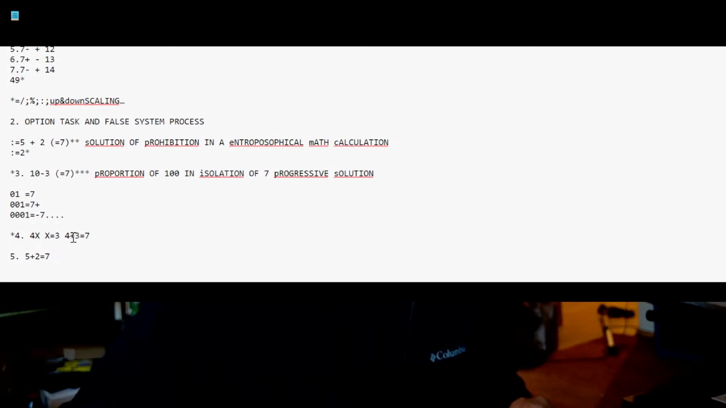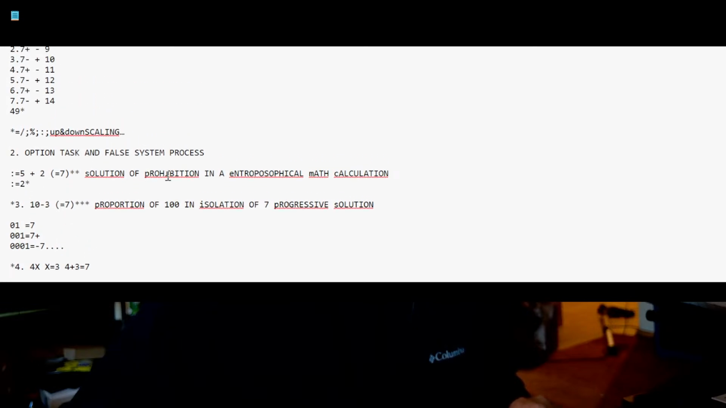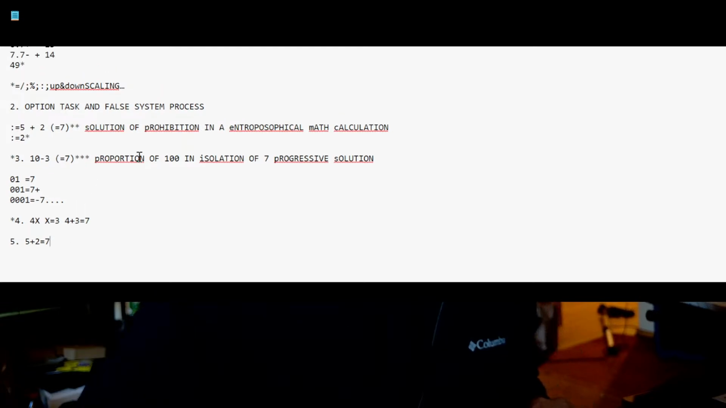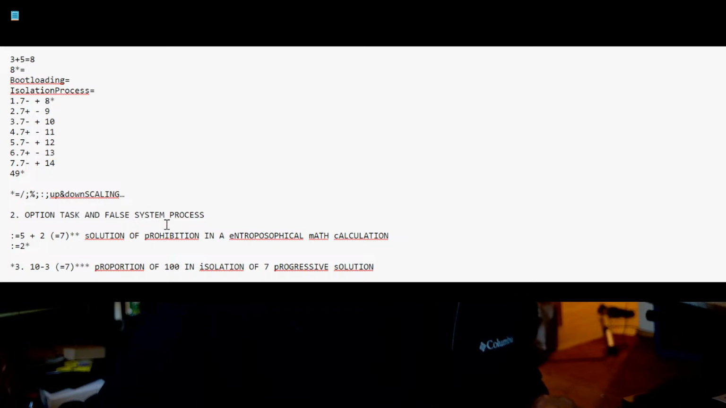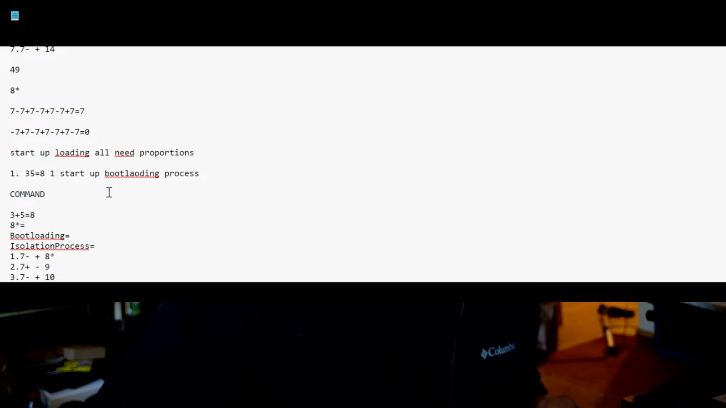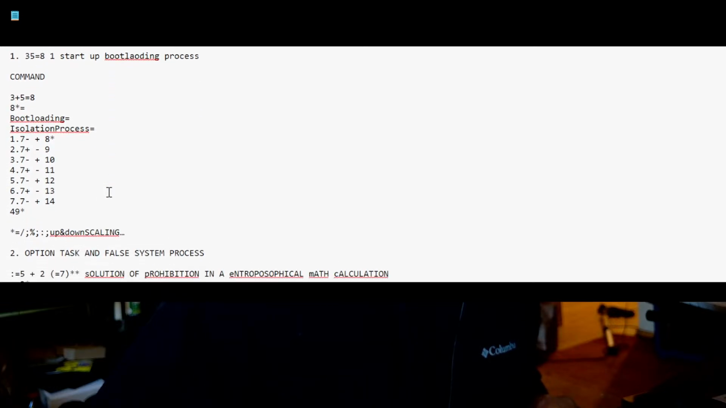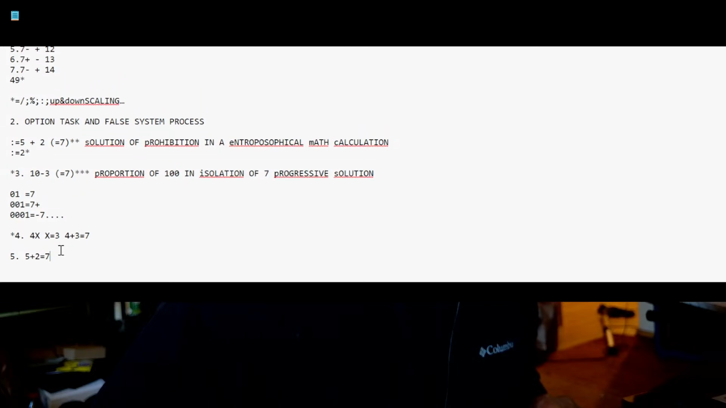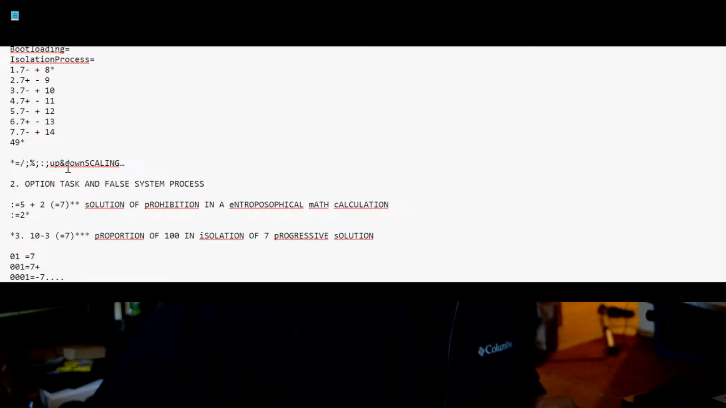Here it comes to an interesting question. What is the difference between the solution of prohibition and the philosophical math calculation? Oh, that's a good question. It is the command. It gives the command of, where is it? Option task and file system process. It's the option task twice. So when we have here the 1 in the 5, it comes to,